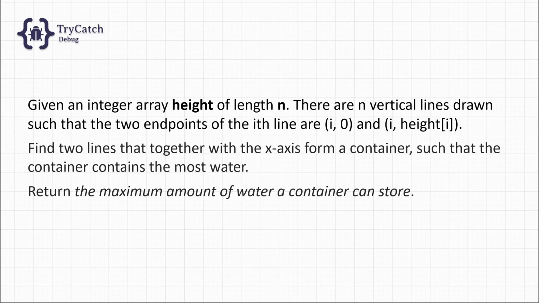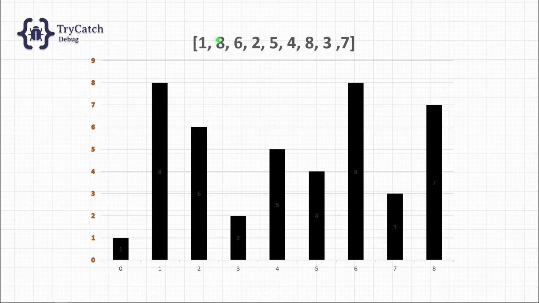Let's first understand the problem. We'll be given an integer array height that is of length n, and elements of the array will represent the height of the ith line. We have to find two lines that will contain the maximum water, and we have to return that maximum value. Here the given array height is 1, 8, 6 and so on to 7,